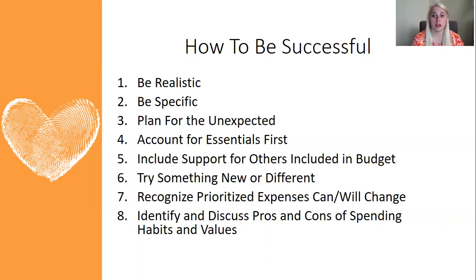You need to be specific, not necessarily with your rent and utilities, but you want to be specific about the things that you want to spend money on. So if you don't have cable, but you really need something because you have children and you need to entertain them, you need to be specific of what you're cutting and your reasons why. So that'll help you maybe build those habits of not really relying on those things and having concrete reasons as to why you specifically don't need those anymore.